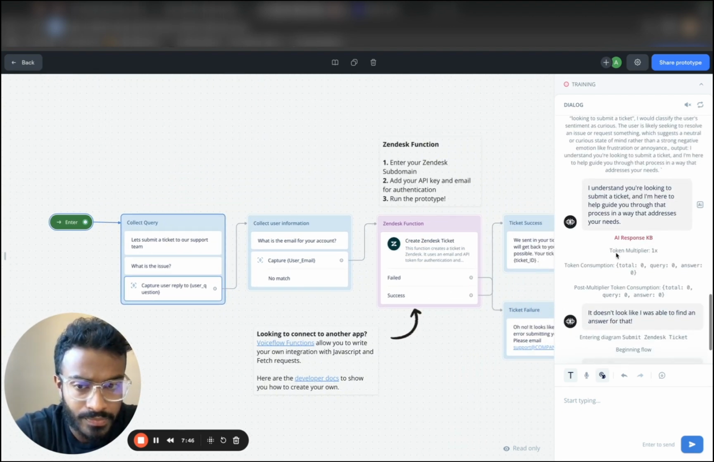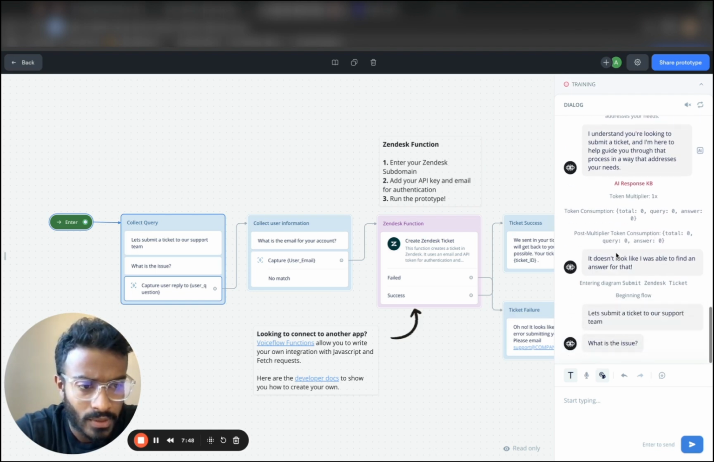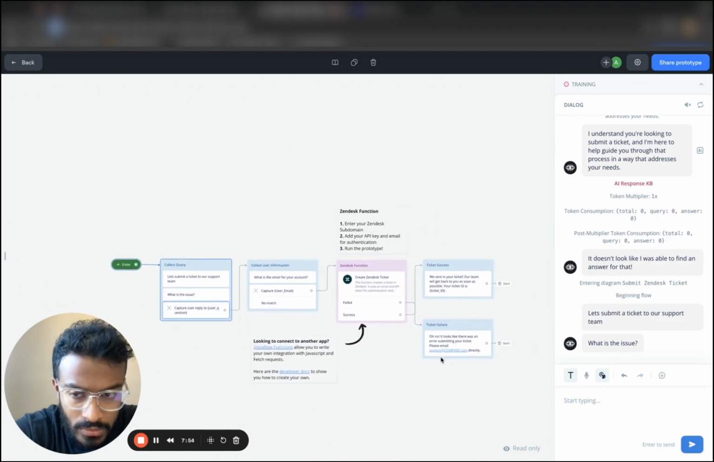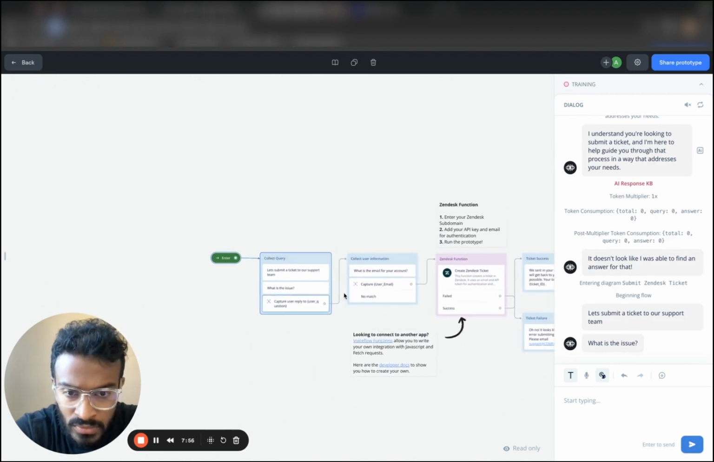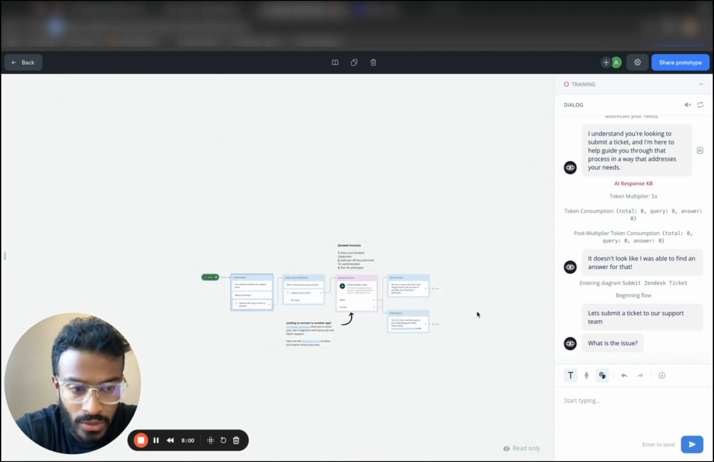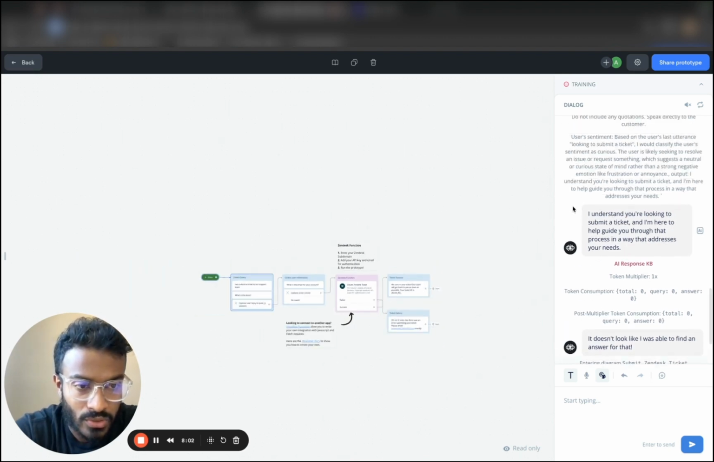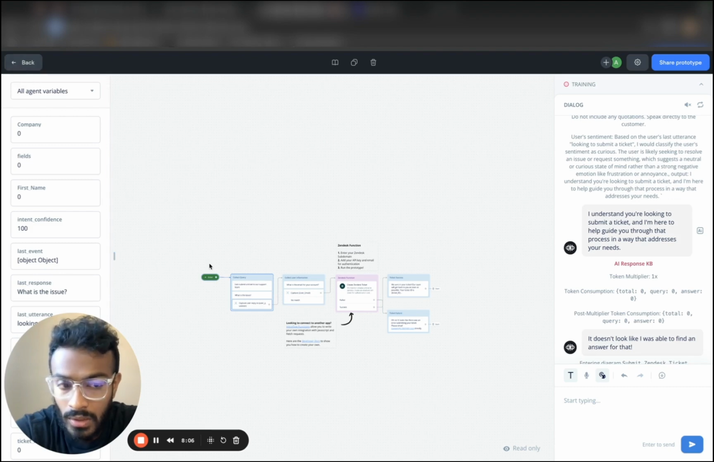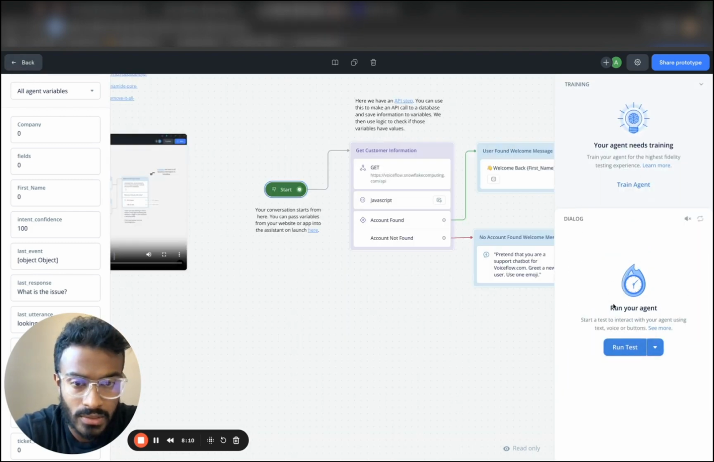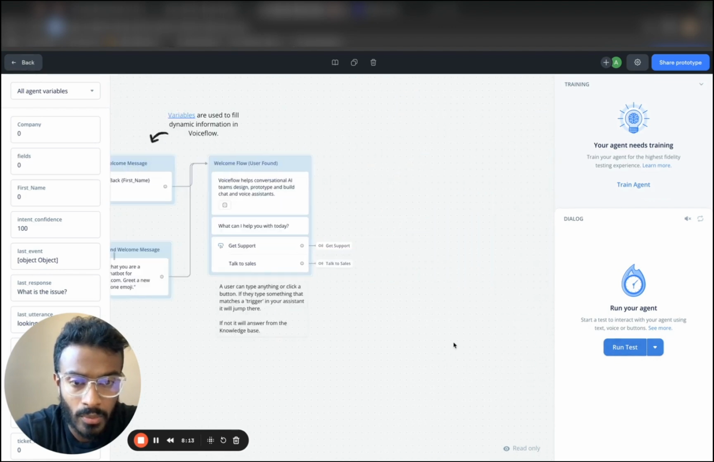And so looks like the AI. Let's submit a ticket. Hmm. Why did that not trigger the previous question? Let's go back. I wonder if you could do that. Restart, reset test. Okay, how about this? We just go get support,